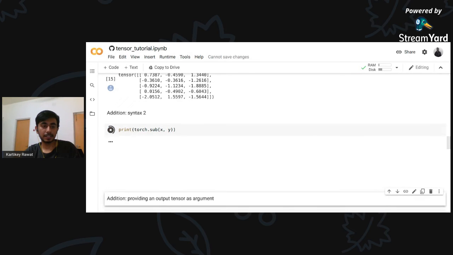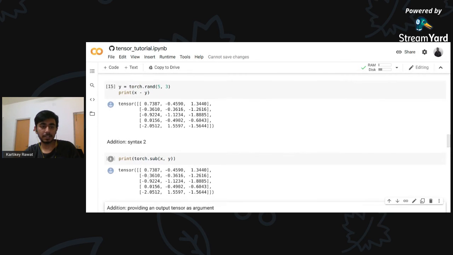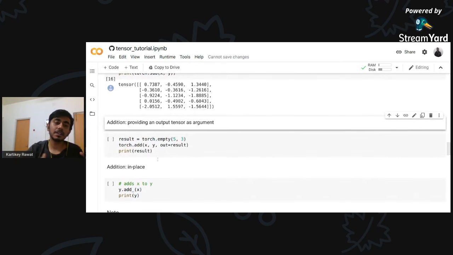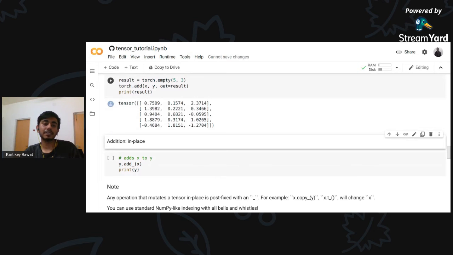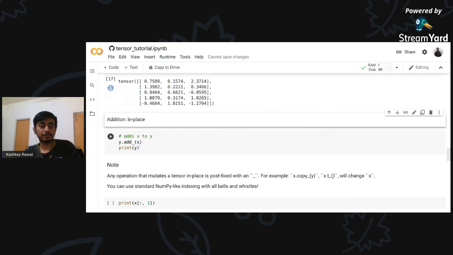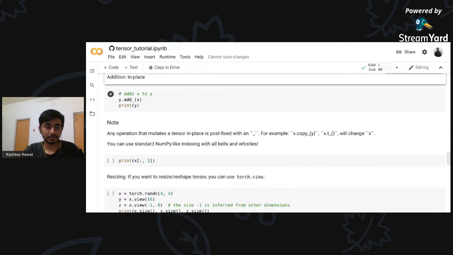Yep. Next, let's see. It's showing the same as you see. It's showing the same because you can do this, which is a very good thing in PyTorch, and if you are referring to TensorFlow, it also gives the same feature. Okay, so yep, result equal to torch.empty, where I'm just adding the same thing. Or one more: if I need to add x to y, then y.add x, I just reverse it, y.add x.